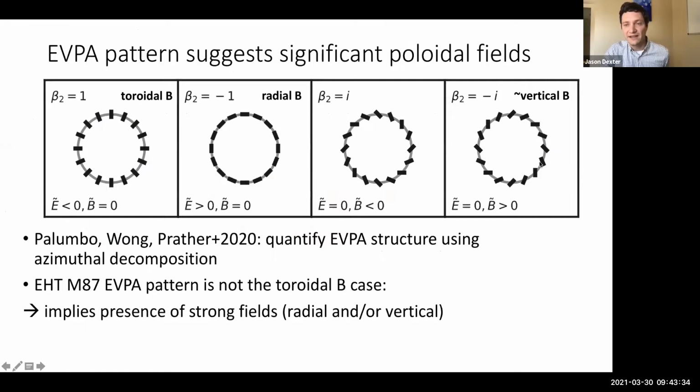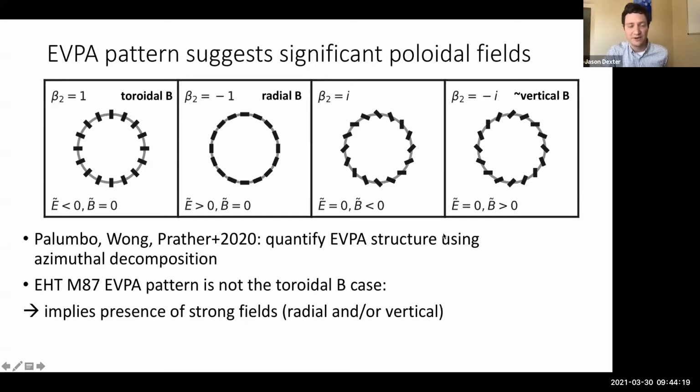So the one I want to highlight is this azimuthal decomposition, which is really important. This one particular mode we call beta 2, dubbed beta 2 by Palumbo, Wong, and Prather, three graduate students in the EHT who developed this method. It's really nice because it maps onto the idealized magnetic field structure models that we discussed before. So I don't want to belabor exact values, but the phase of this beta 2 can tell you basically the difference between how your toroidal B structure, so radial EVPA, your radial B structure, azimuthal PA, has a certain value. And the vertical case doesn't map perfectly onto this mode, but it's not actually bad. It's somewhere over here.